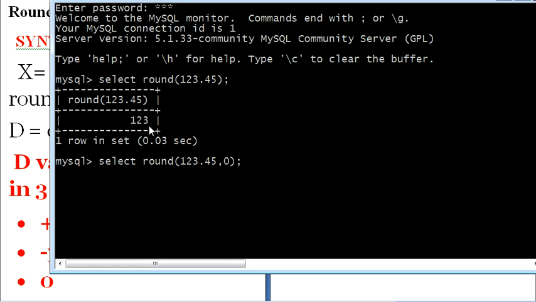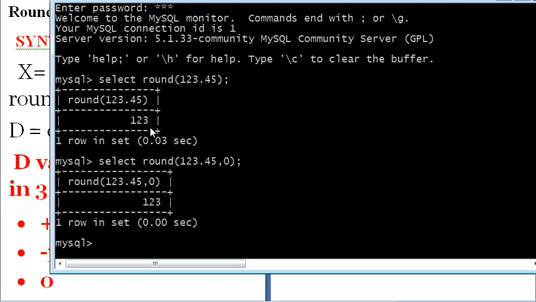0 indicates that there should not be any decimal part for the given number. So whatever the decimal part is, the rule you apply for a single argument function, the same rule will be applied here also, and it will remove the decimal part after cross checking it. So the output of this function will be similar to the output of the previous case. Let us see. The same output you got, that is 123.